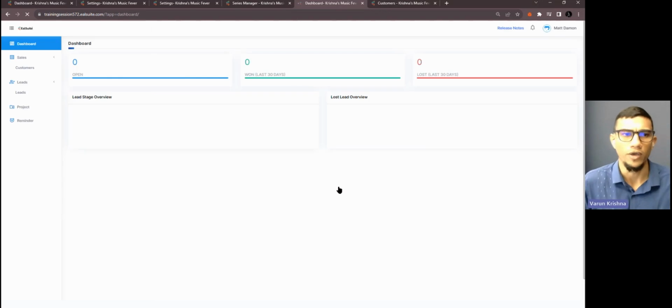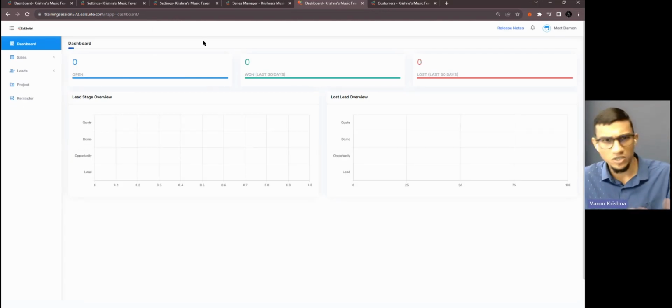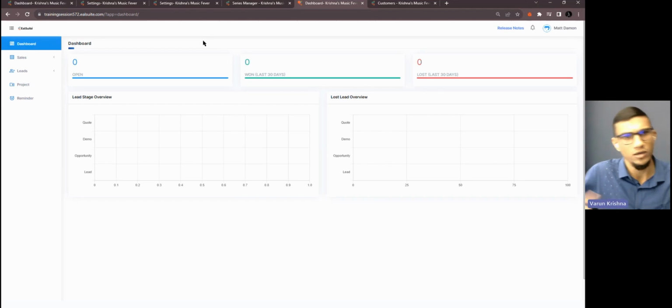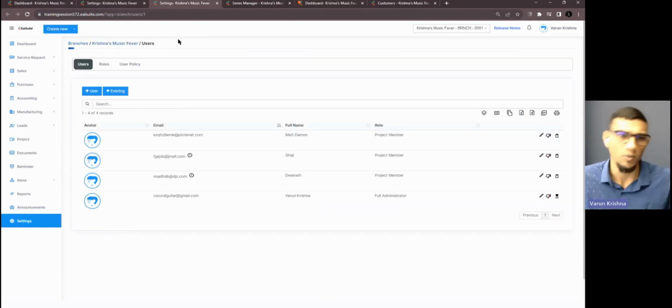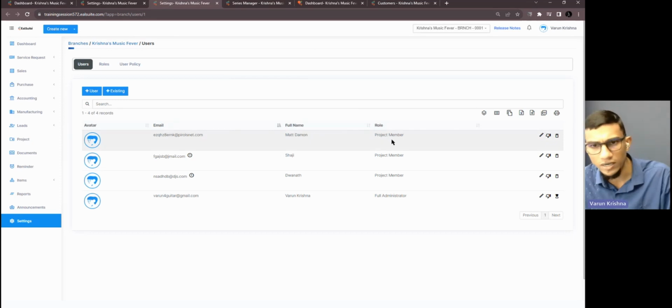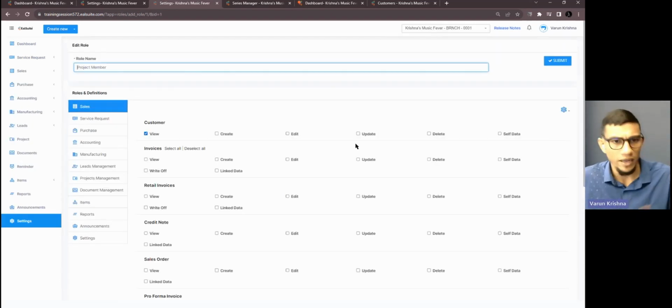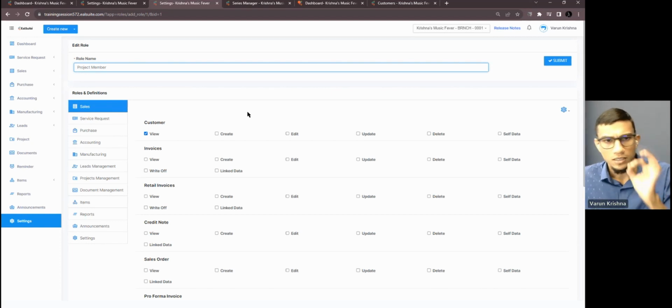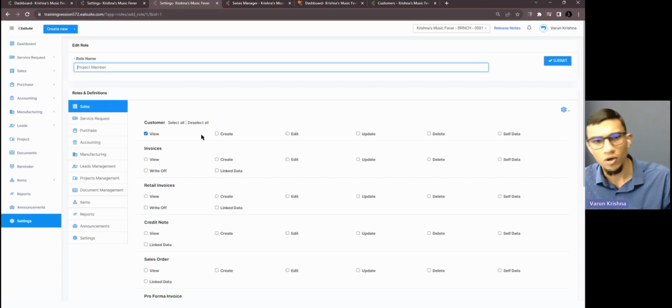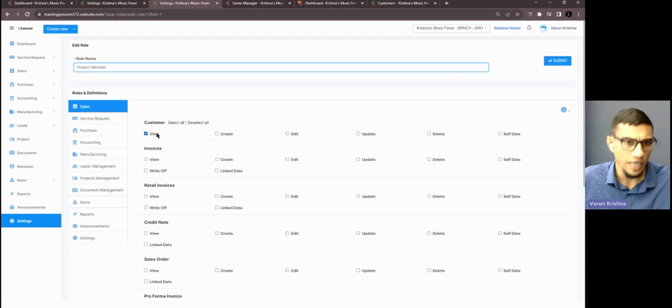and I'll be trying to log in. So let's first of all discuss the kind of access that the sub-user has. So if we go back, maybe here. The role that has been assigned is project member, right? And if I go to roles and go to manage, I can show you the project member. Something very important has to be done in this particular interface, because for this project member under customer, I've already given the access